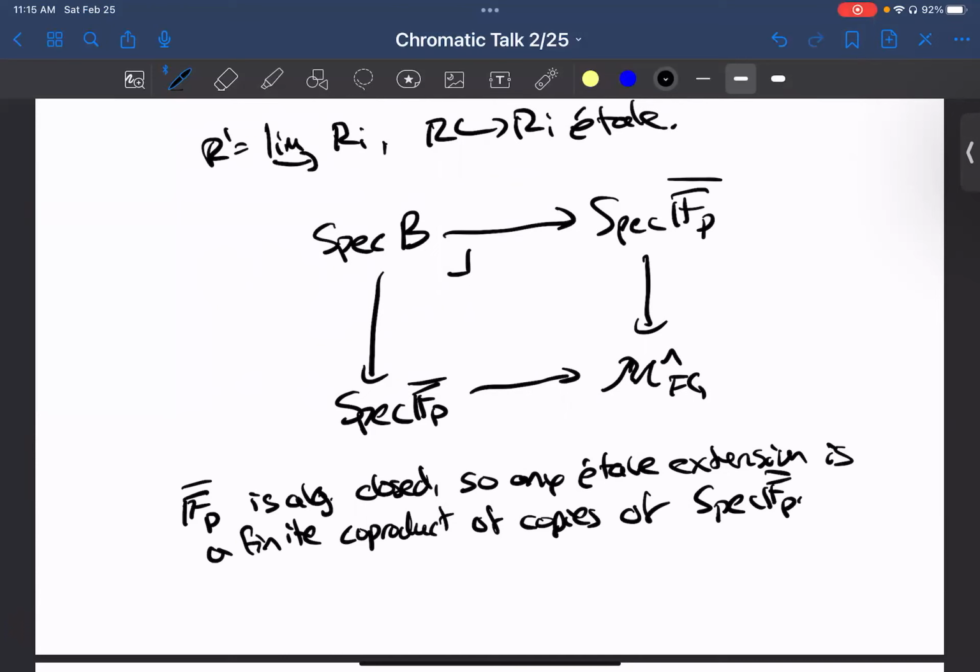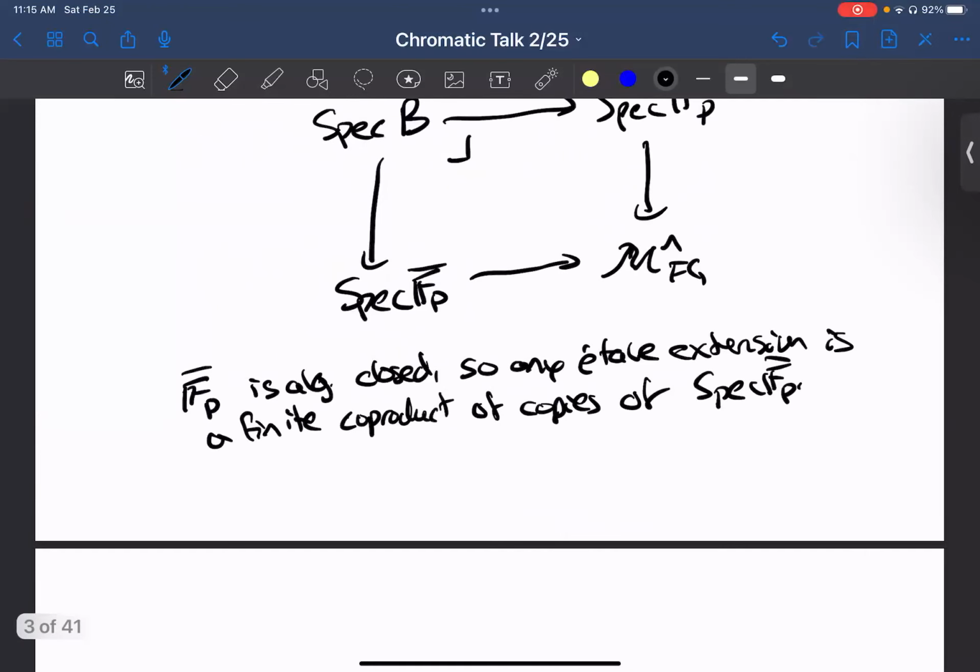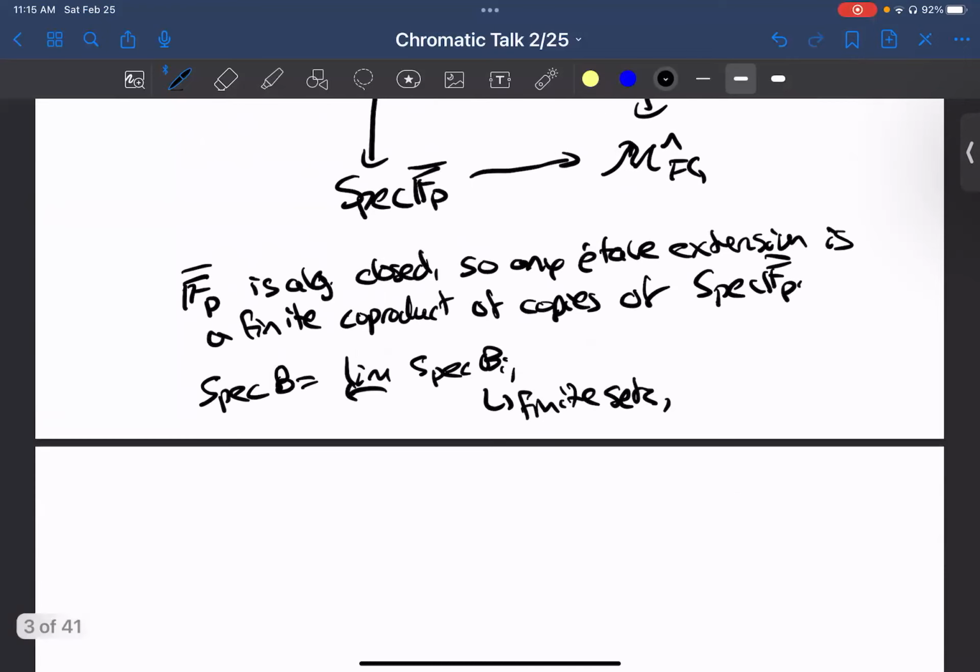So just some finite set. And in particular, spec B is an inverse limit of finite sets. So we can identify spec B with some profinite set,